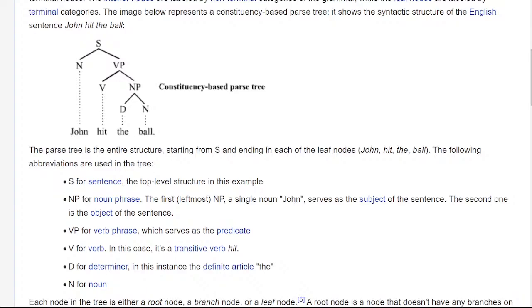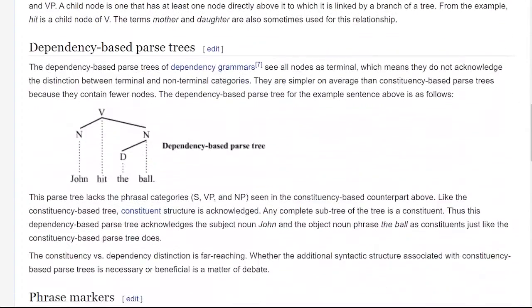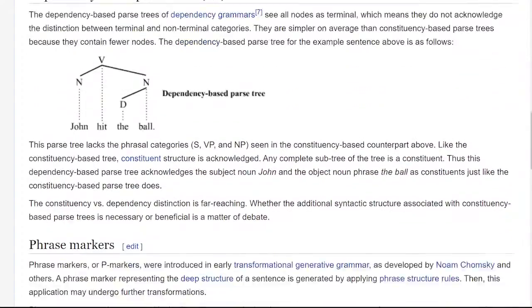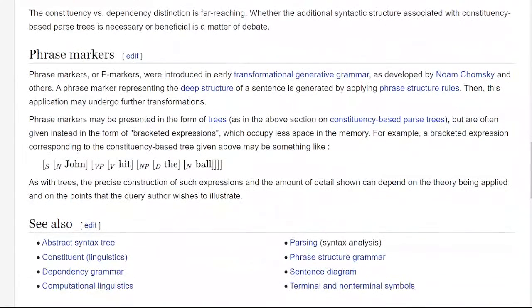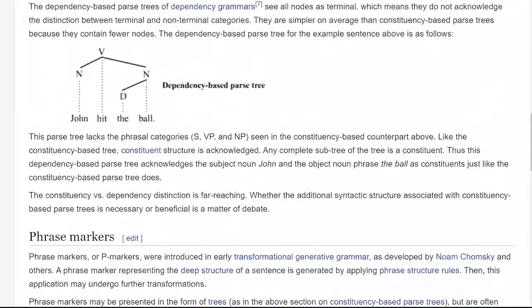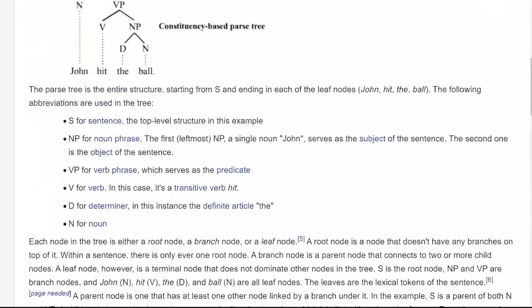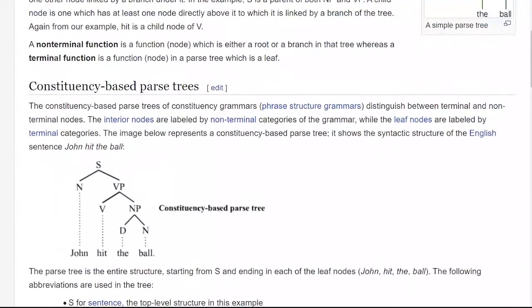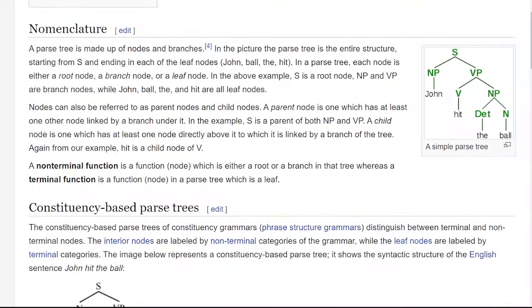And as we go deeper into linguistics, we start to see how parse trees can be different and all of that. See, this is how it goes when I'm not following my prepared notes. But yeah,